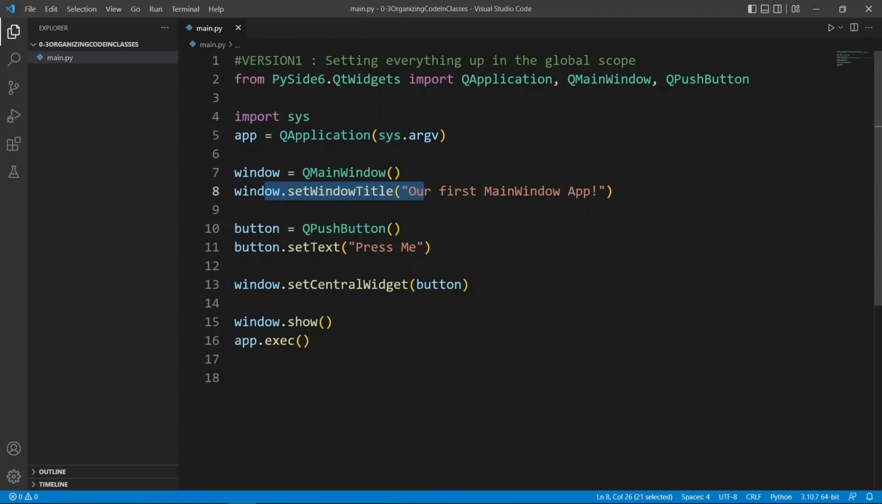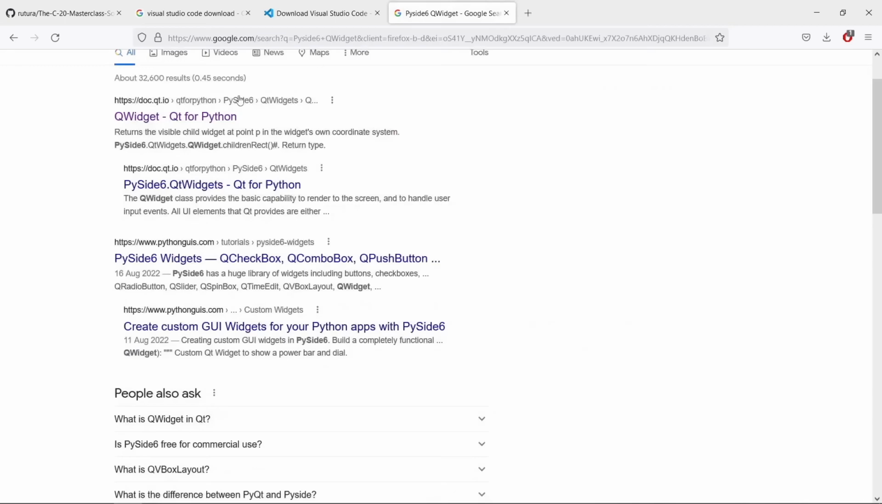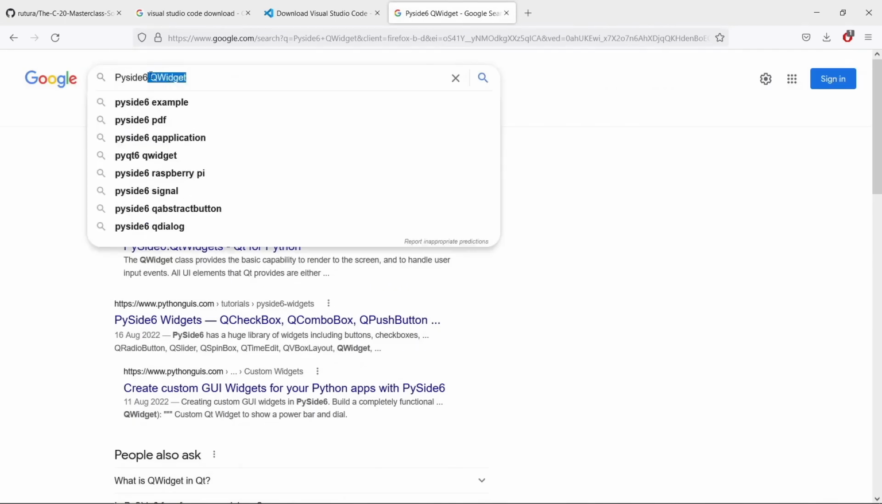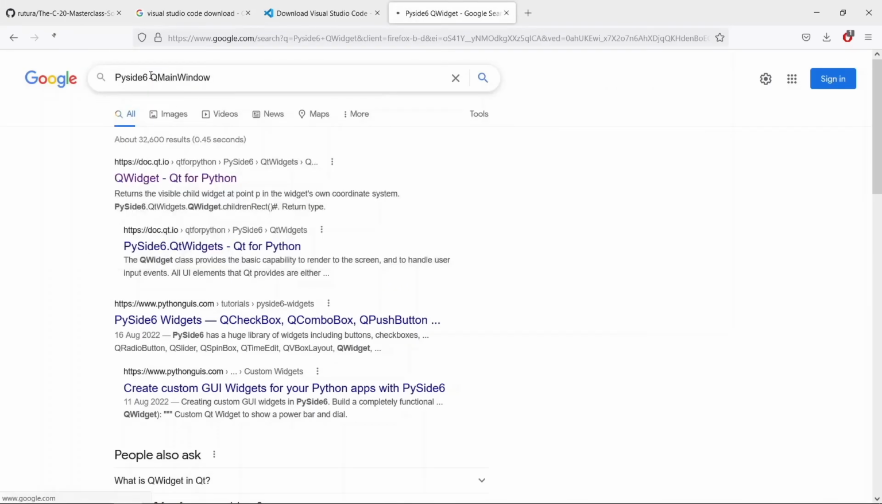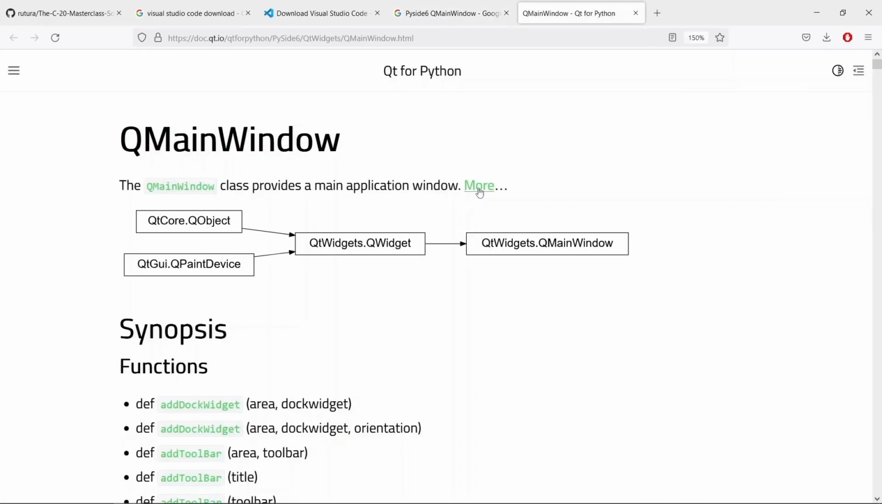So we are importing the things we need. We need QApplication, QMainWindow, and QPushButton. And now that you see these new classes that you don't know about, it is a good time to go to the search engine and try to learn as much as you can about them. So we can go to our search engine here and say QMainWindow. Okay, QMainWindow. And if we go and click here, and again, I do recommend reading as much as